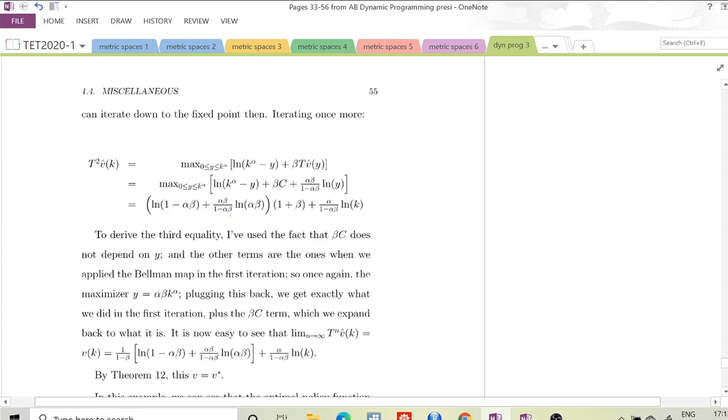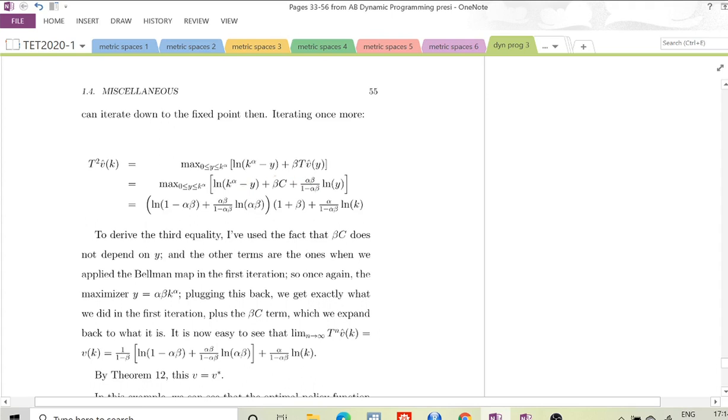You'll see that there are lots of constants and something which looks very similar to what you had earlier. So from the T v hat, there's the c term which will be a constant term, multiplied by beta. That won't affect the maximum value of y. The rest, the two terms,